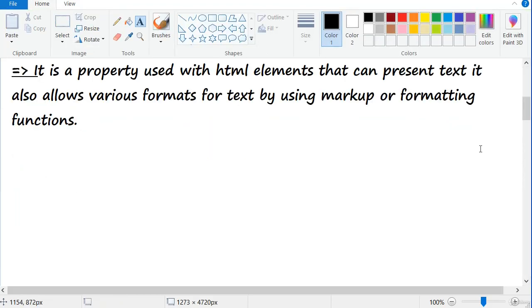We will see inner HTML and inner text at the same time in the same program.